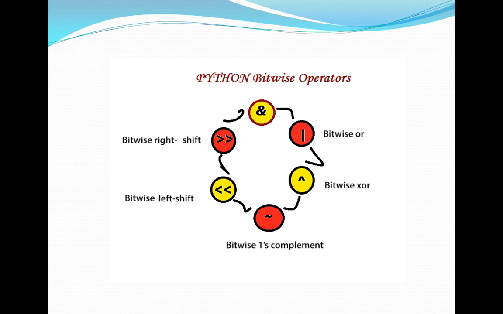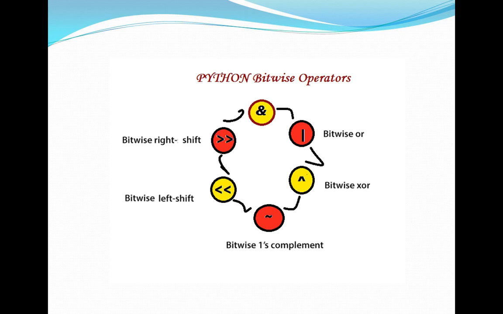These types of operators are a little bit trickier than the previous ones that you have done so far. So let's start with the bitwise operators. As I have shown you with the help of a diagram, bitwise operators are basically divided into 6 types: bitwise AND, bitwise OR, bitwise XOR, bitwise tilde sign, that is ones complement, bitwise left shift, and bitwise right shift. Let's explain all of them one by one.